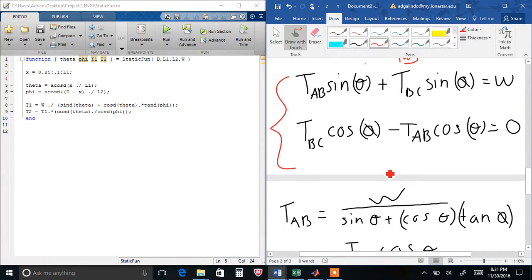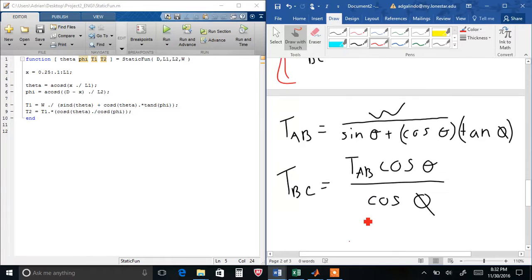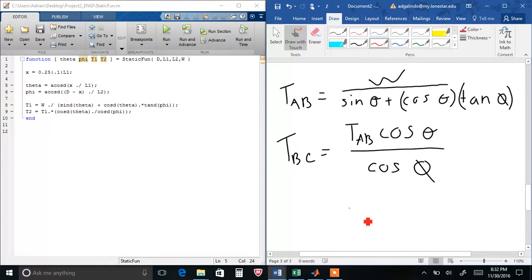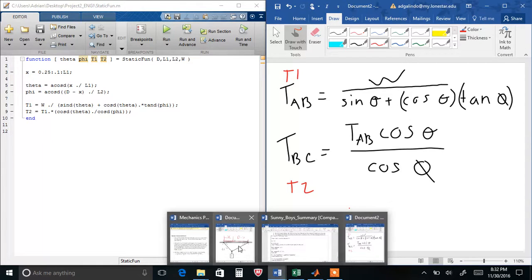make two equations, which are these equations right here. And once we manipulate those equations and connect them to one another, we are able to get our tension AB and tension BC, where tension AB is actually tension 1 and tension BC is actually tension 2. And these are the equations that we use to find those values. And if we go back to our